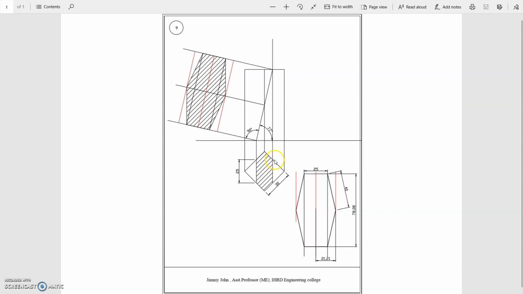Now if that is extended it will meet this point and this point. So the inside portion will be the sectional top view. We can hatch it. Now from this point you project upward, and also from this point you project upward.